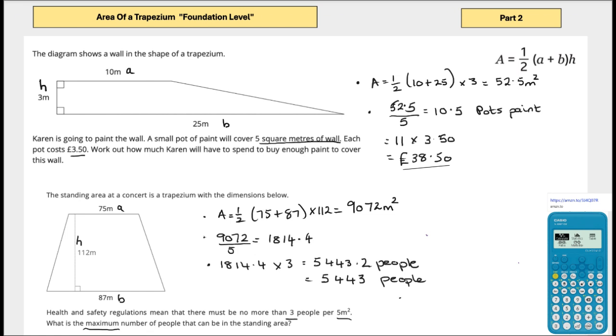That's your answer. So it's all about breaking down the question into easier steps. So both of these here, you've worked out the total area first. You have to do that first. Then you put your units together, your metre squared, your metre squared. And then this happens to be, you've got to round up there. We rounded down because that was a 2, that was a 5, we round up. And then all you've done there is you've times it by the cost, and we've times it by the amount